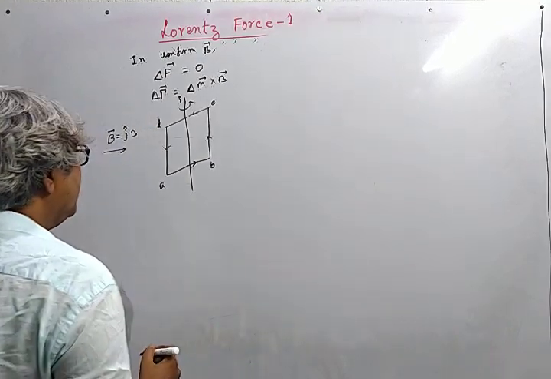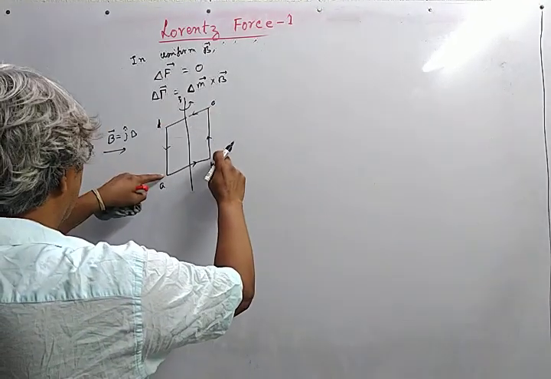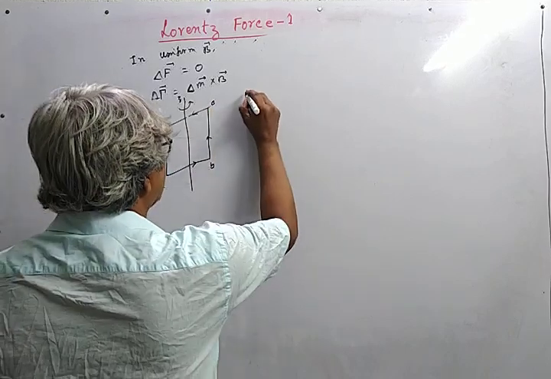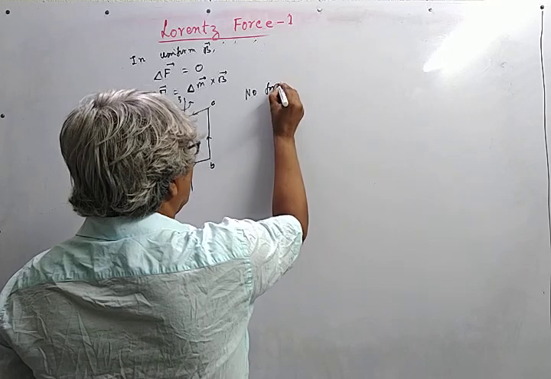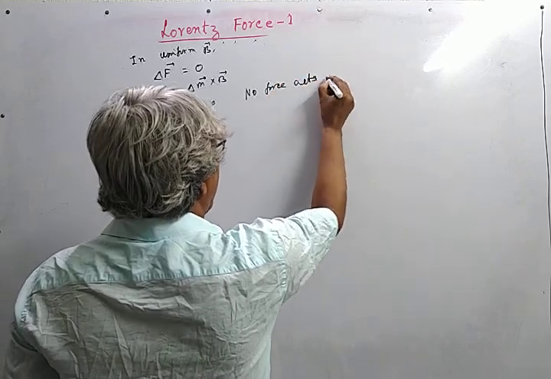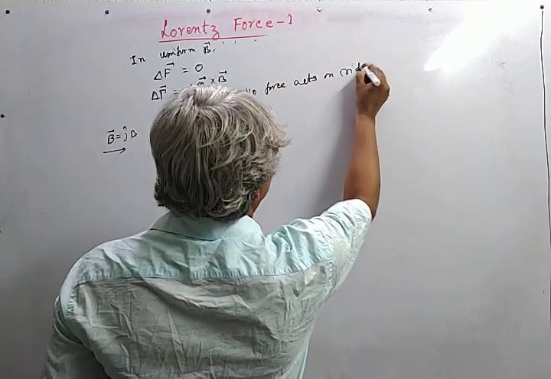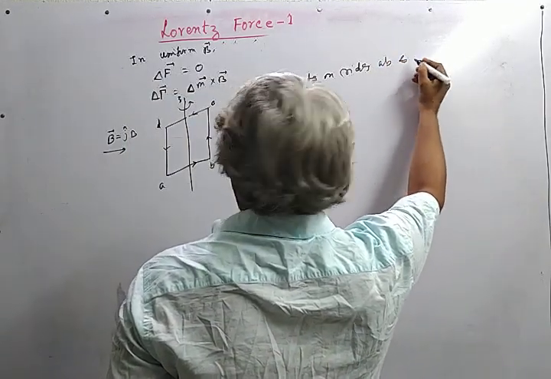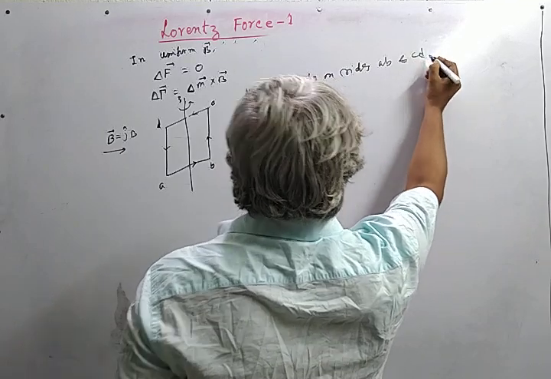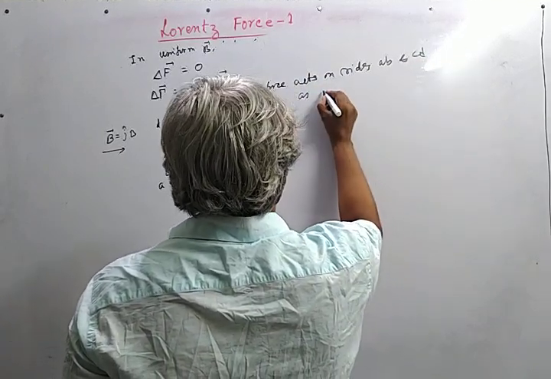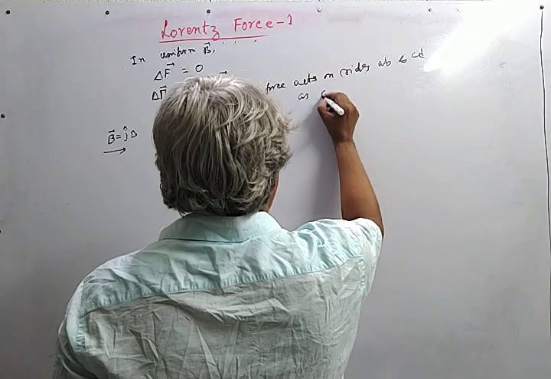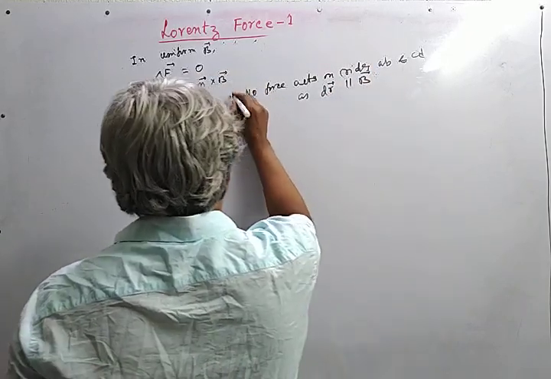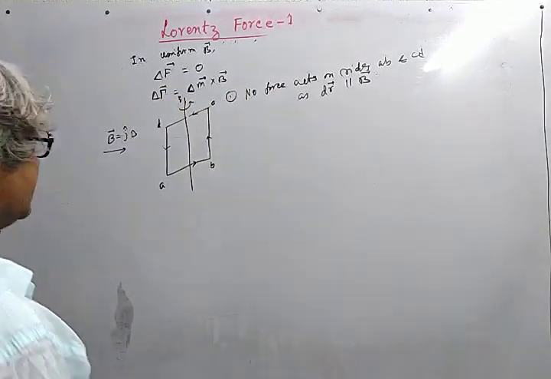Now, these sides are parallel to the B field, so no force acts on sides AB and CD, as they are parallel to B. This is first. And secondly,